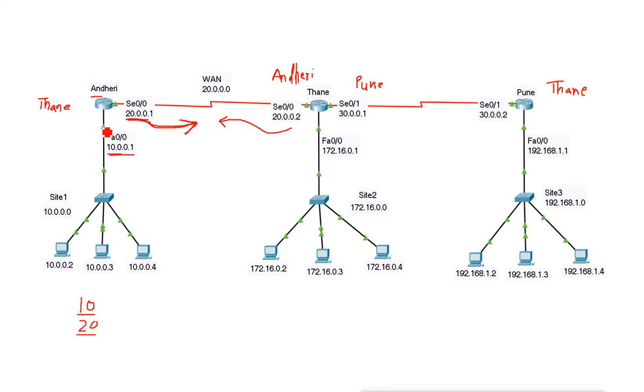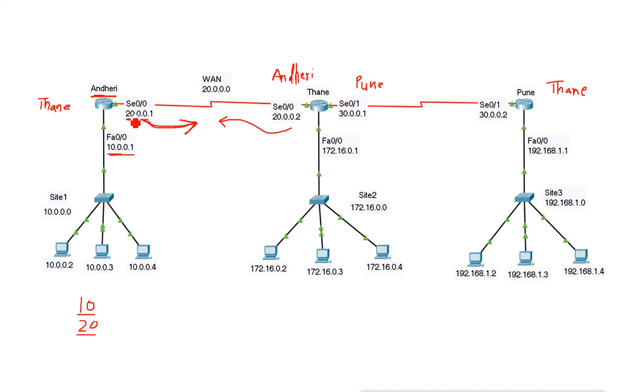First the router checks what interfaces it has and what IP addresses are on those interfaces. For example, the Andheri router has serial and fast Ethernet interfaces, with IP addresses like 10.0.0.1 on fast Ethernet and 20.0.0.1 on serial.